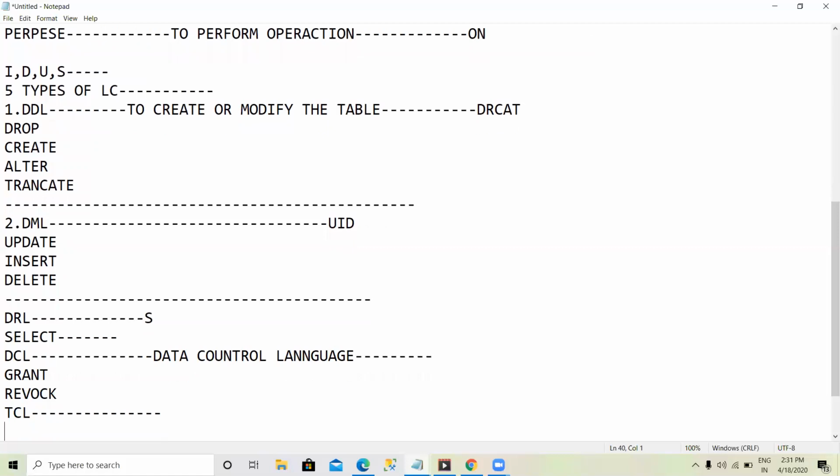There are three commands: commit, rollback and save point.